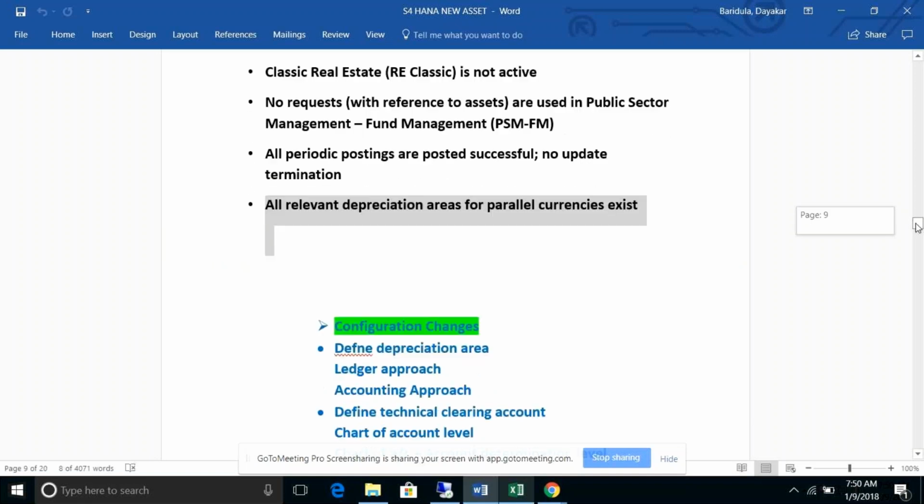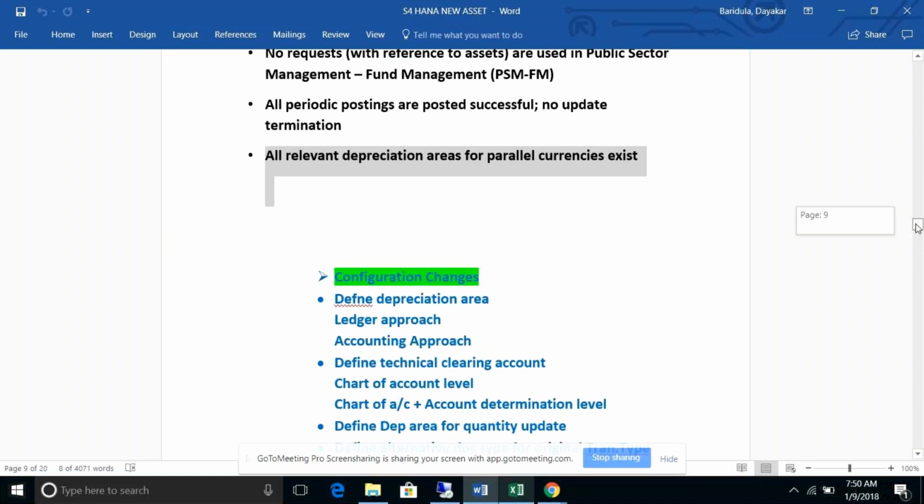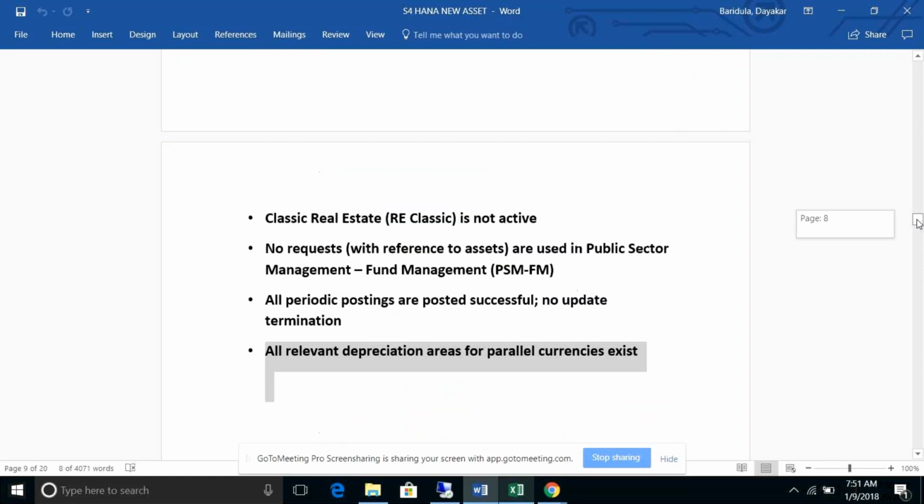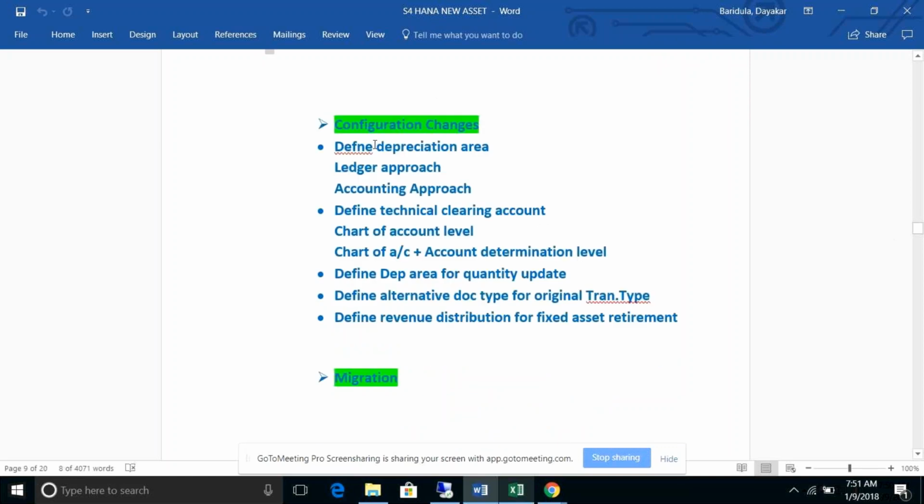For example, the account determination part, or the GL accounts creation and mapping the GL accounts in the account determination screen. Those are all the same. There is no change in that. The only configuration changes on S/4HANA with new AA are the highlighted ones. There are only 1, 2, 3, 4, 5 things we need to take care of.